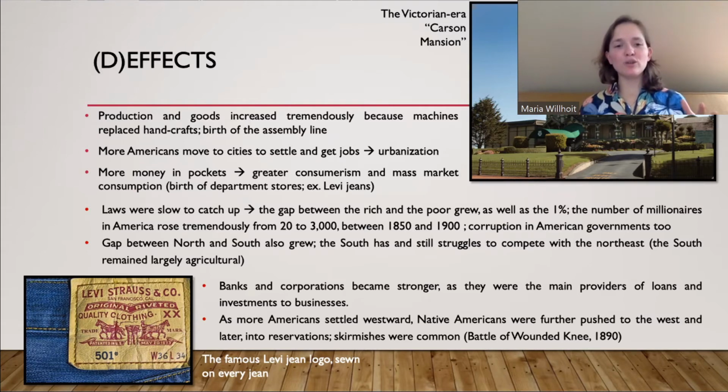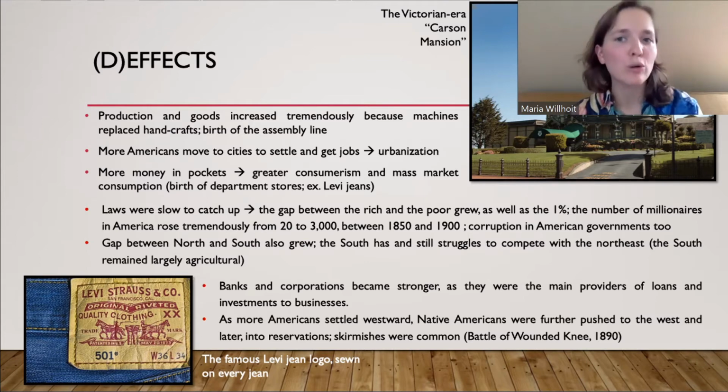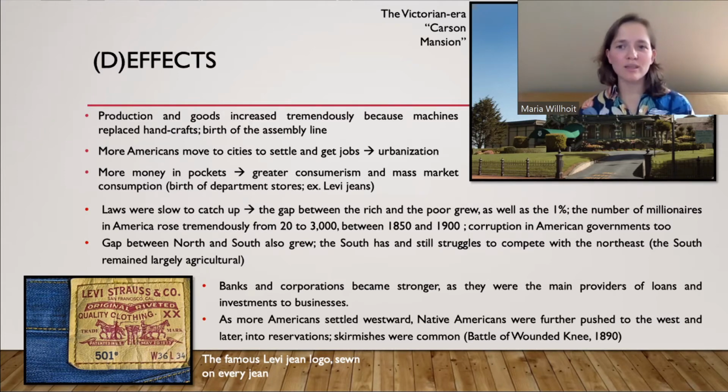The gap between the North and the South also grows in terms of economic wealth. These industries are all opening up in the Northeast. The factories are opening up. People are moving to the cities in the Northeast. In the South, people are actually leaving. So unfortunately, while the North grows richer, the South kind of just stays stagnant. It doesn't really grow. It remains, even to today, largely agricultural. You have cities like New Orleans and Charleston, where I live in New Orleans, that are big cities, but we are nothing like Philadelphia, New York, or Boston. And a lot of this has to do with the factories that open up.